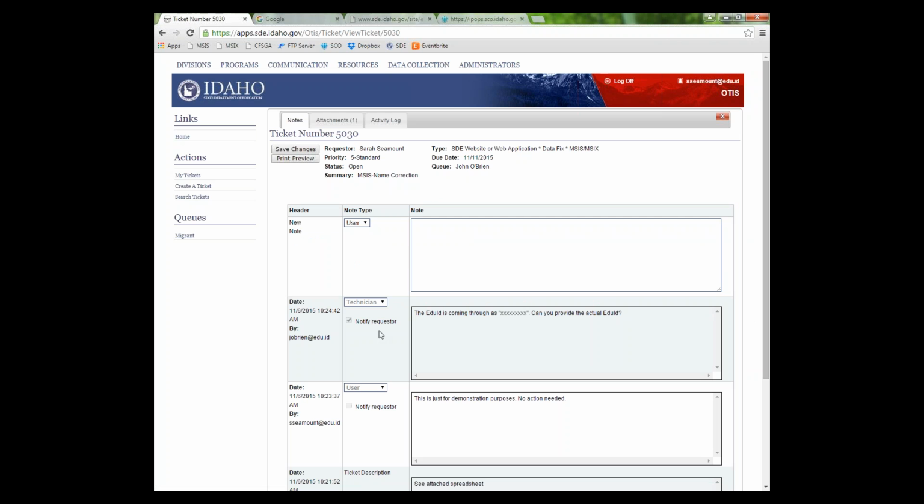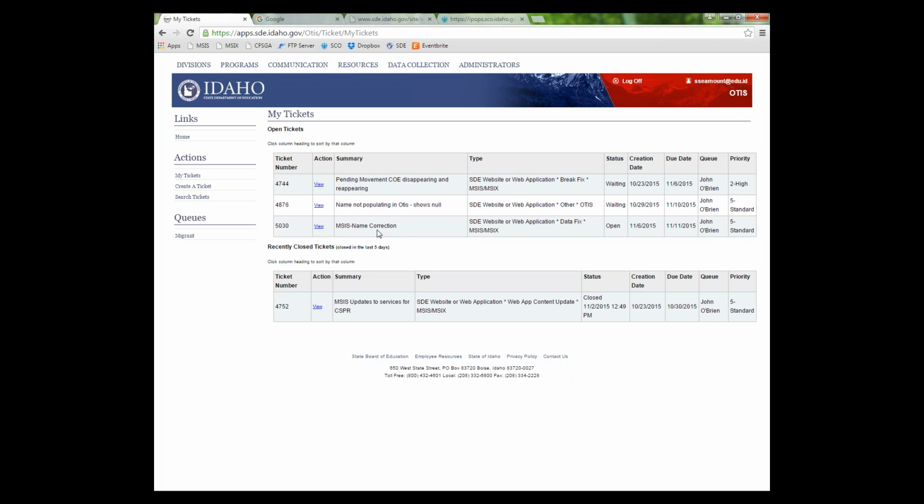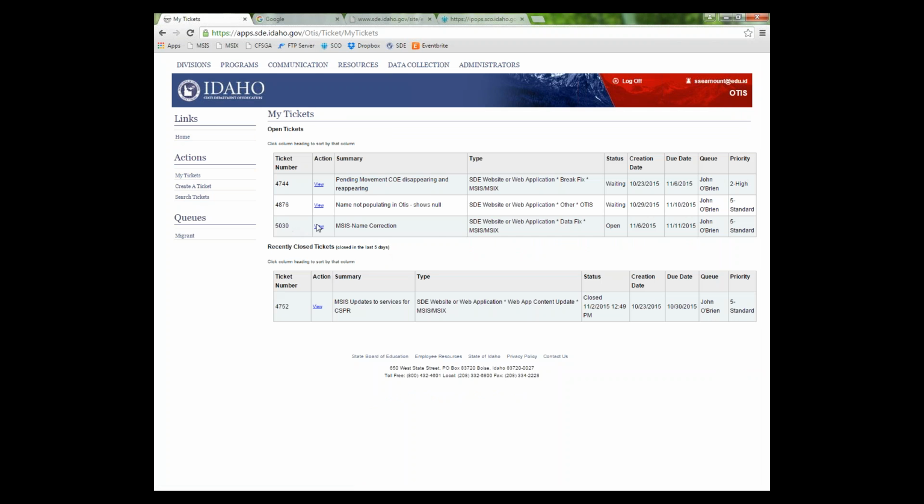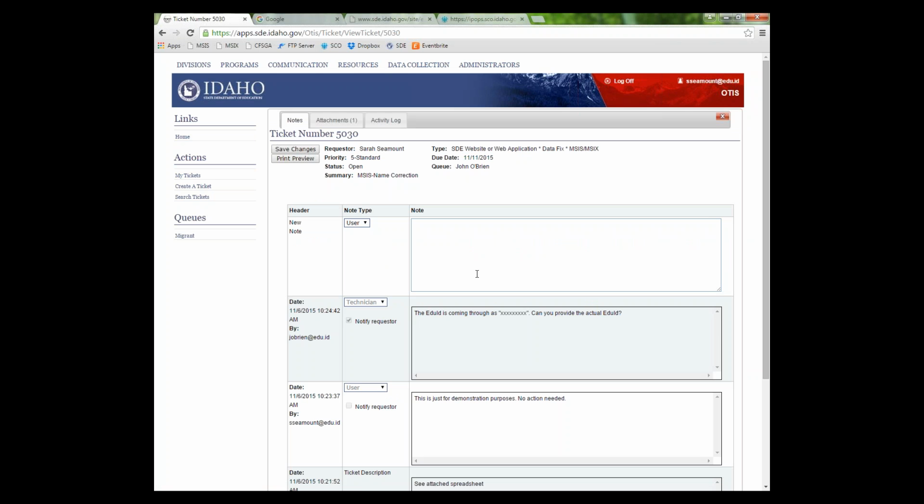Now, let's say you're looking at this ticket and you're like, oh, wait a sec, that's not the ticket I wanted to look at. You can go back to my tickets and it will bring you right back to this list, or you can go even further back and you can go back to the friendly guy there at the keyboard. So I'm going to go back to my tickets. I'm going to go back to 5030, and I'm going to,